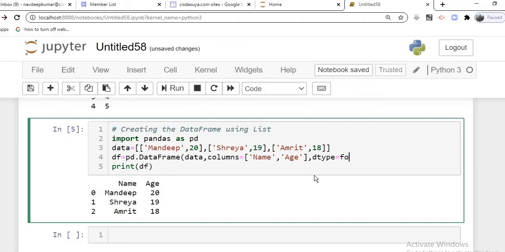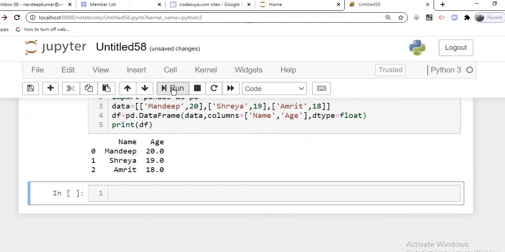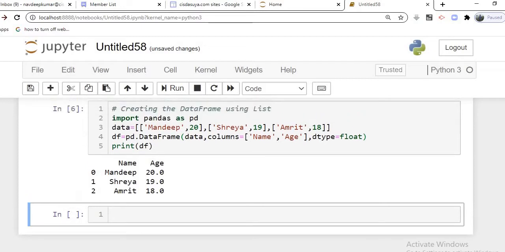This will act as the third parameter. Run, and you see here now age has been converted into float. Clear? So this is how we can use different parameters in the data frame method.